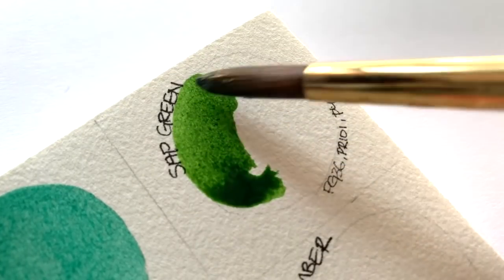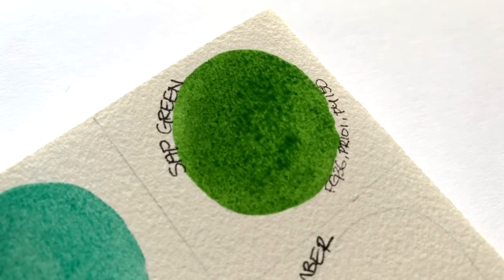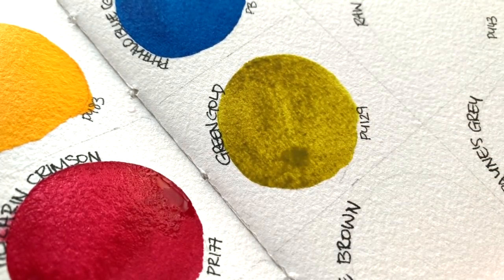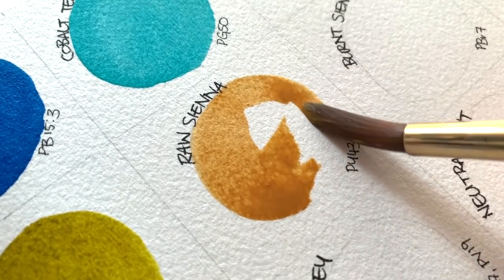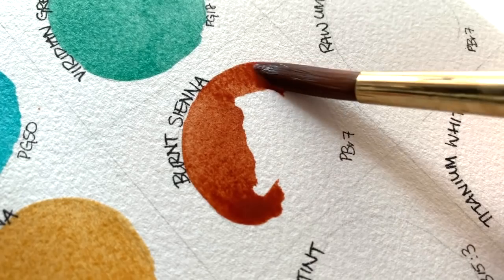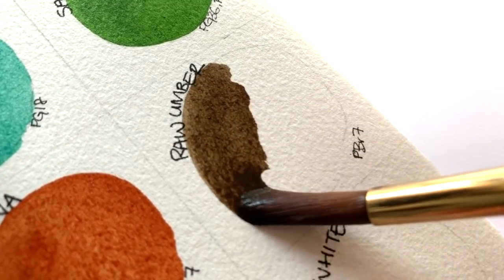Sap Green, PG36, PR101 and PY150, Green Gold, PY129, Raw Sienna, PY43, Burnt Sienna, PBR7, Raw Umber, PBR7 again,